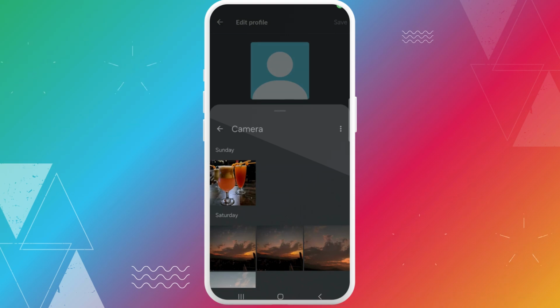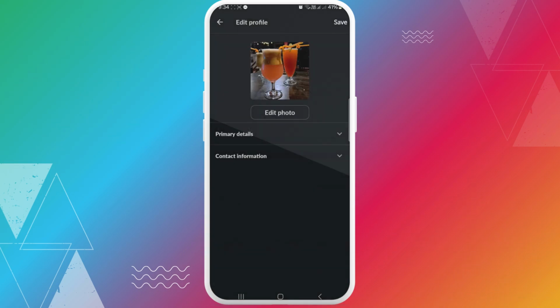Simply choose any picture that you like. Keep your own photo. For now I have chosen another picture of a drink, but you can always choose your own personal photo like this. Simply tap on